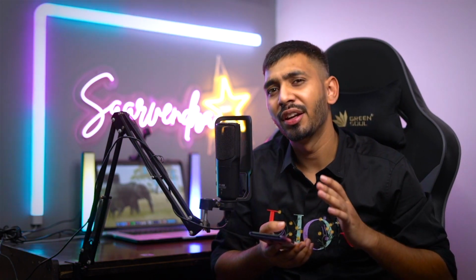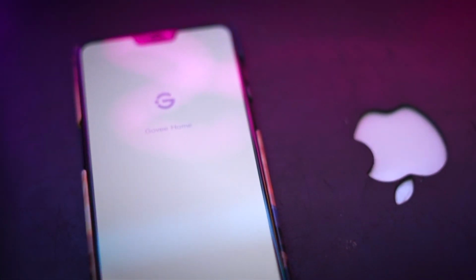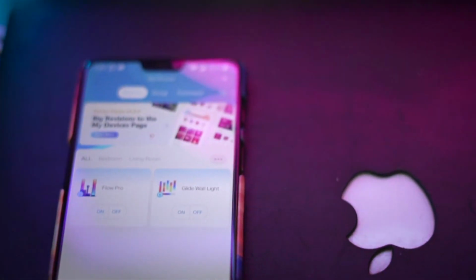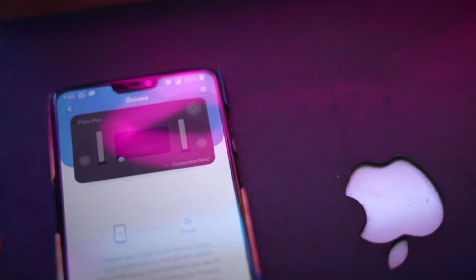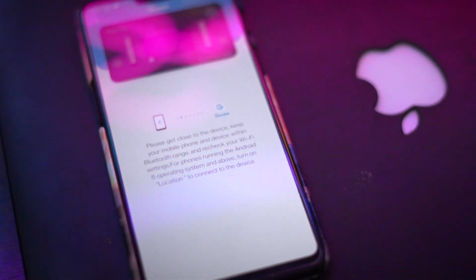So these lights are so amazing that they can produce any color you want. A setup of red color, orange color, or anything moving like this. This is a sci-fi look that I am giving to my editing setup. These lights come with a special app for both Android and iOS. You can easily install it. I will be putting the link in the description for this app. You can easily control any color on these lights.